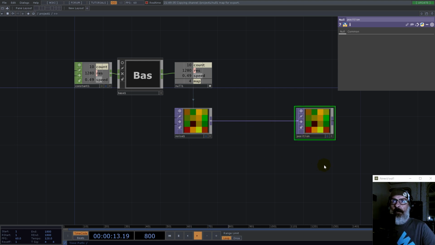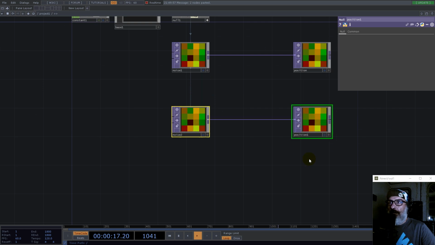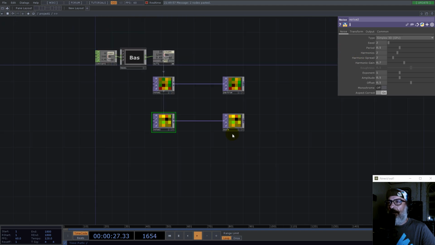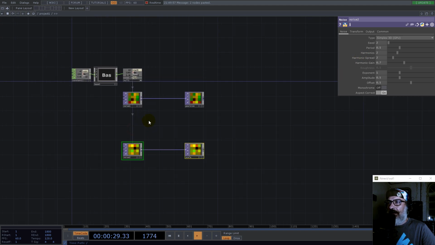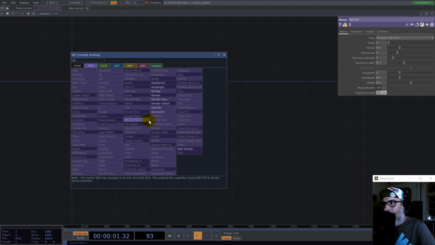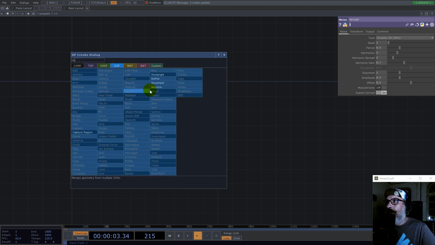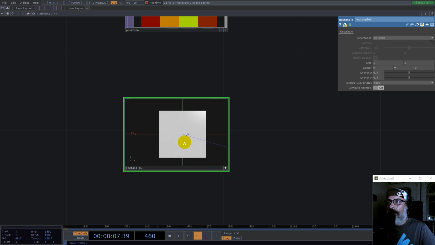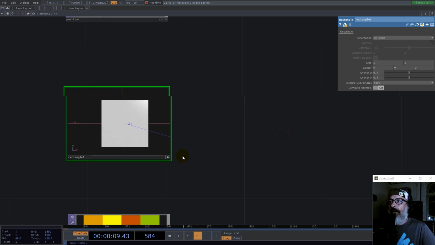Okay, now we need another one for the scale. Let's change here the seed, and we go down with the period a little bit, and let's have a rectangle like this, and